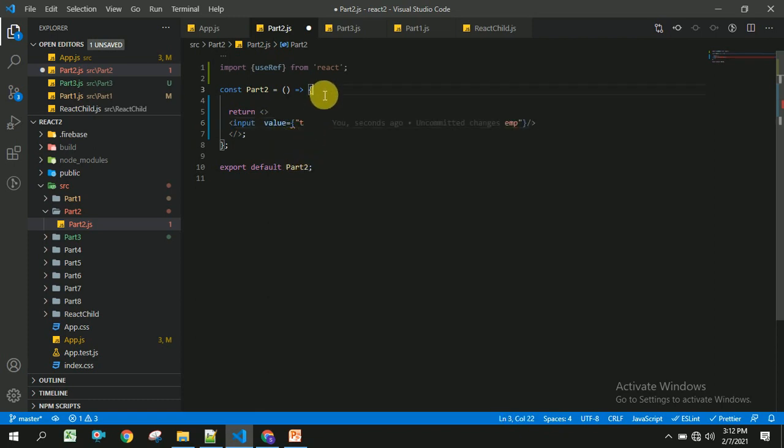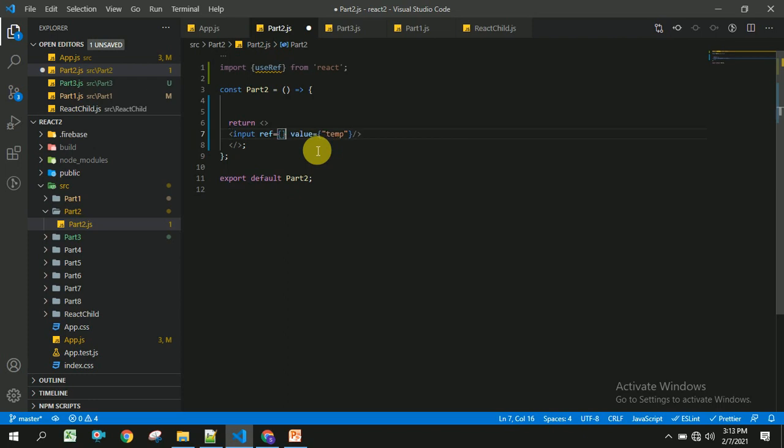Now I am going to create a reference: const customRef equal to useRef.